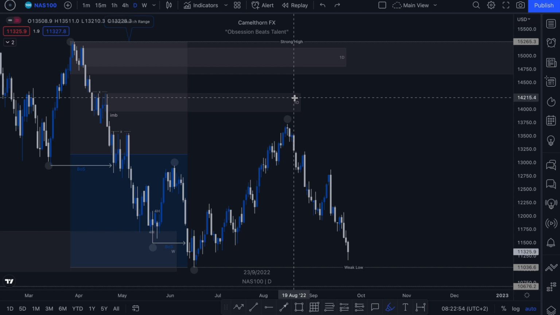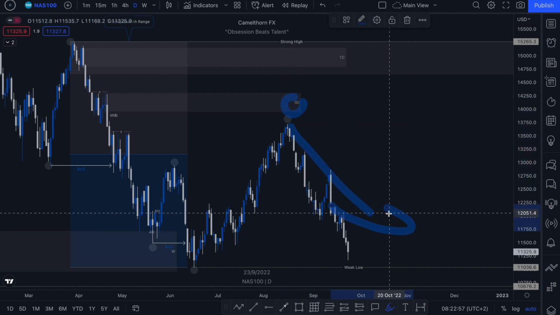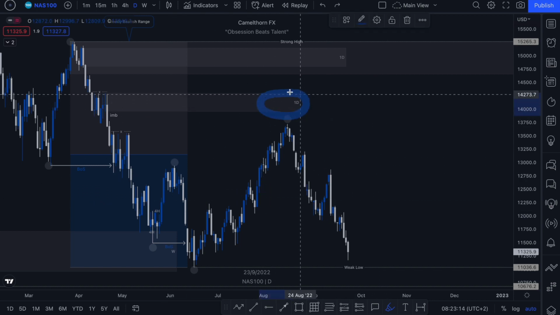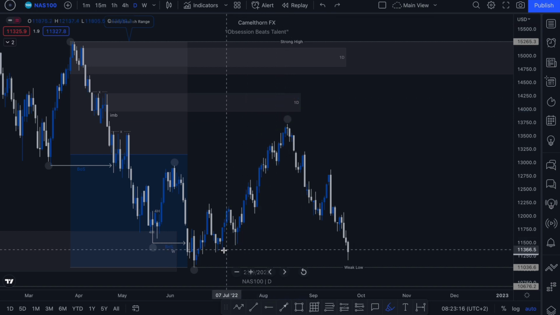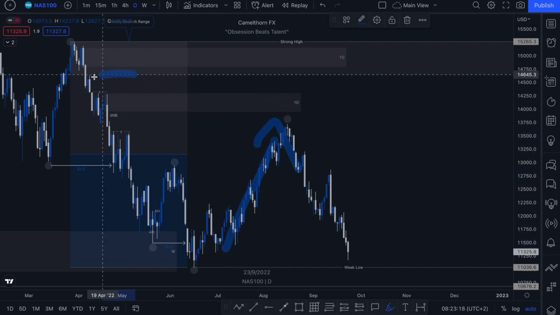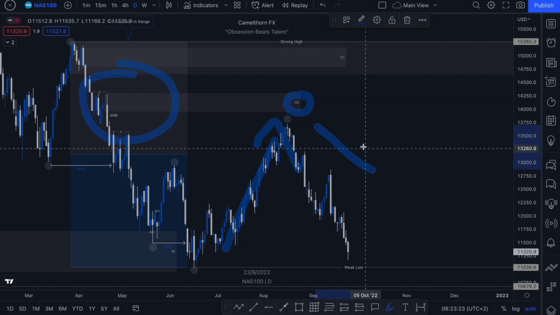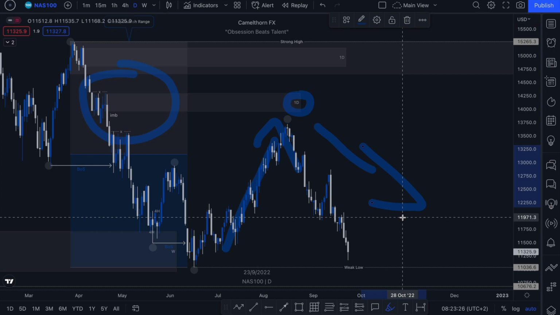Well, it means that we did not get involved in this particular move. Our rules were not met. We did not get that mitigation. And this is a very important lesson that I want to teach you guys in this market forecast video right now. Even though you're looking for this particular setup, even though you're looking for price action to pull back into premium pricing to mitigate a higher probability zone before that bearish continuation, even though you're looking for that, price won't